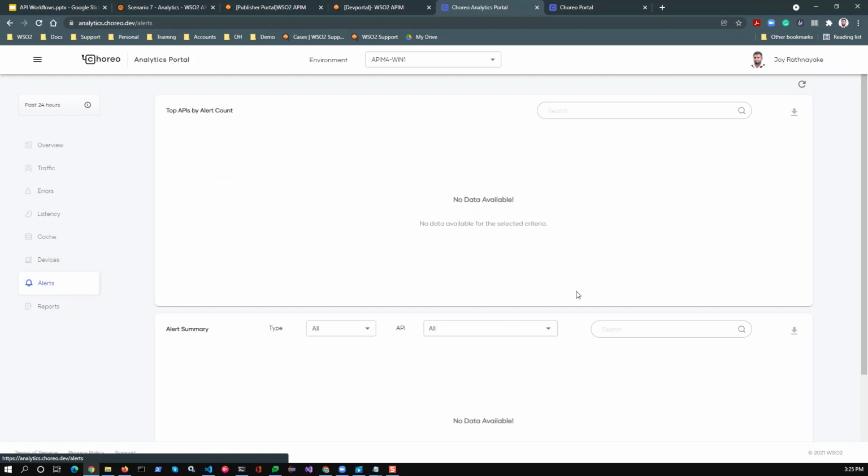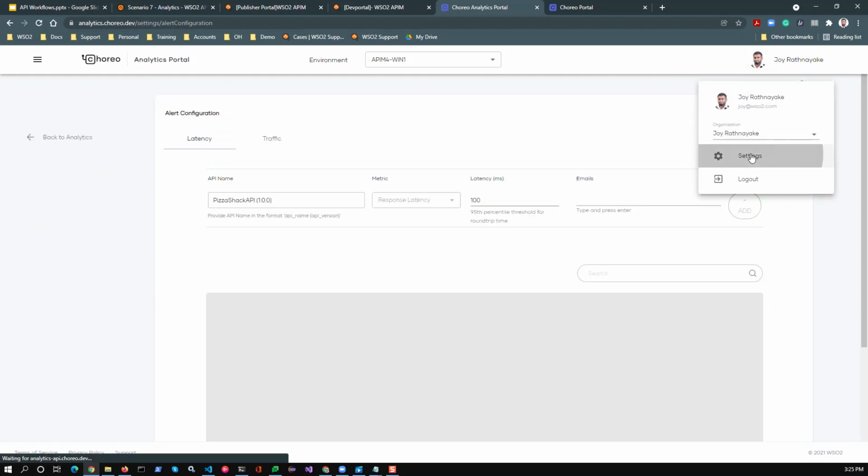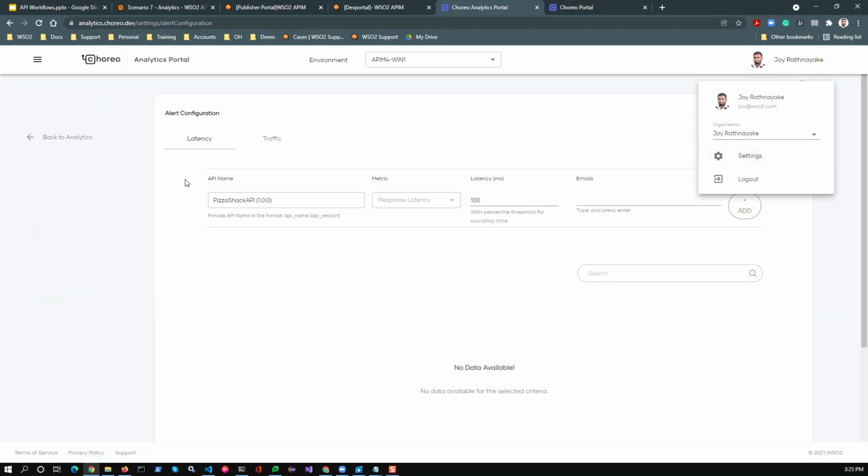The way you configure alerts is you can go to your profile and settings, and here you will be able to add two types of alerts, latency and traffic related alerts. For this particular API, you can specify a response latency of 100 milliseconds, and send an email to the administrator's email address, and you can add an alert.